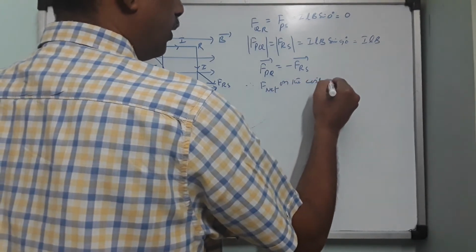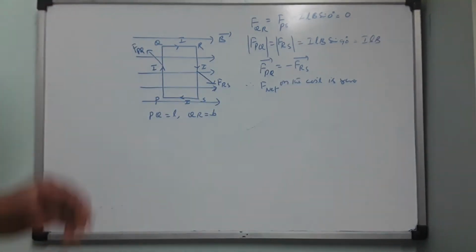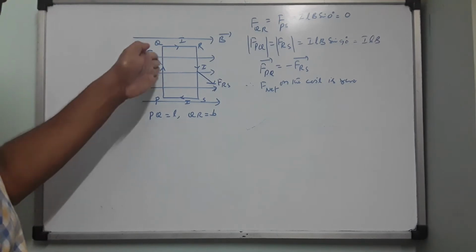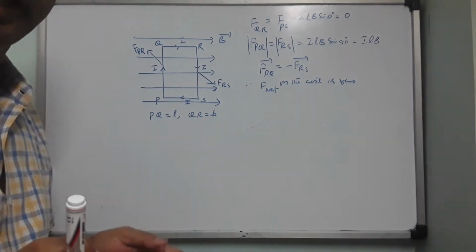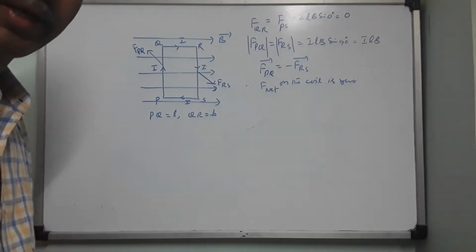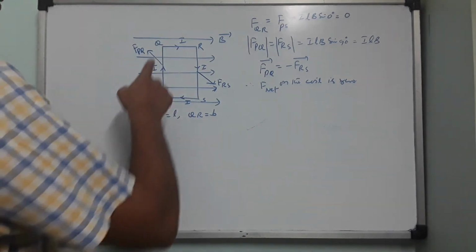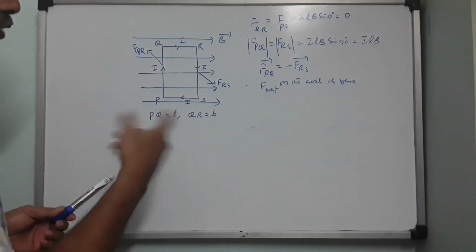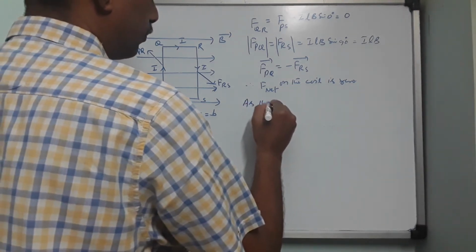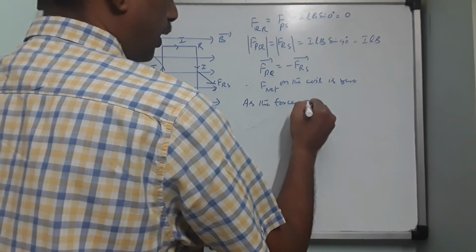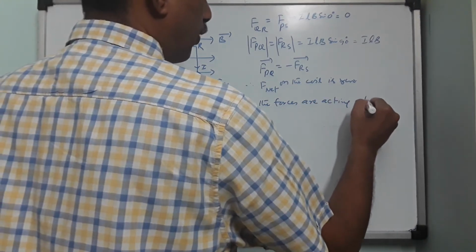This statement we made in the last class. Now the problem is that PQ is like this, RS is like this. So these two forces are not acting along the same straight line. They are not acting at the same point. So the forces maintain a perpendicular distance equal to QR. So therefore, as the forces are acting along two different straight lines,